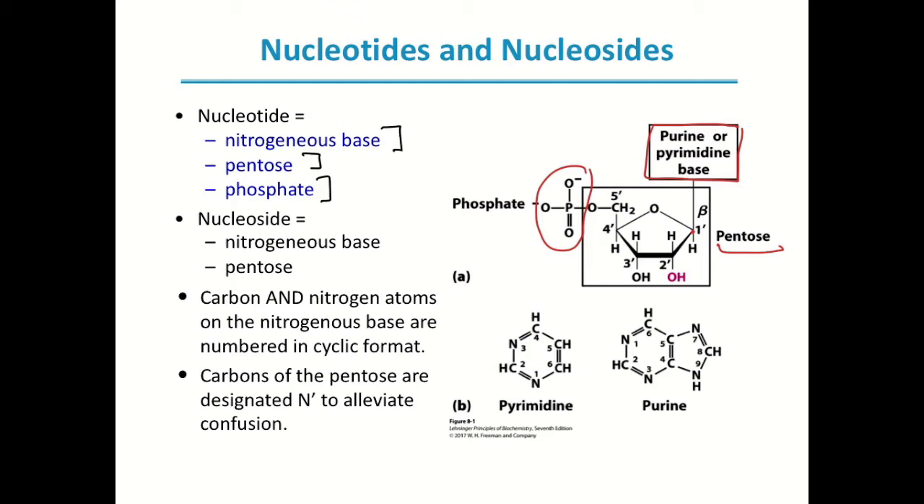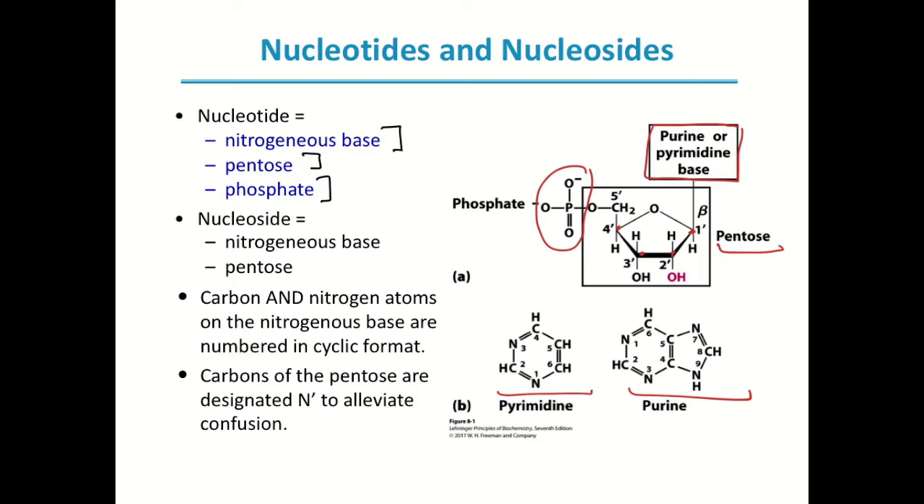Carbon and nitrogen atoms on the base are numbered in a cyclic format shown here. And then the carbons of the pentose are designated with a prime to distinguish between the numbering on the pentose and the numbering on the base. So here this would be 1', that's the anomeric carbon. And here the sugar is in its cyclic form, and it's beta, so that's the beta anomer. And then this would be 2', 3', 4', and 5'. So here the phosphate group is attached at the 5' carbon of the pentose sugar, and the base is attached to the 1'